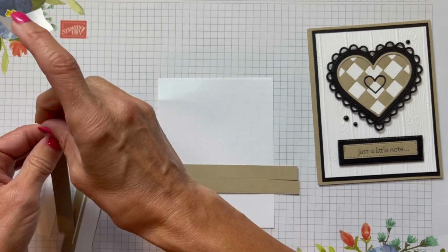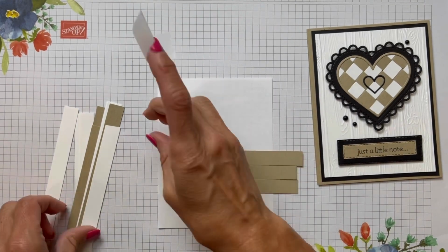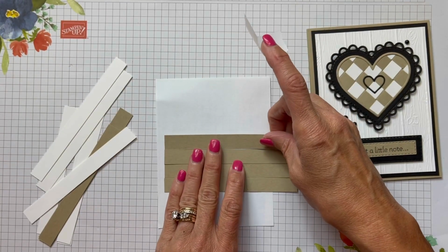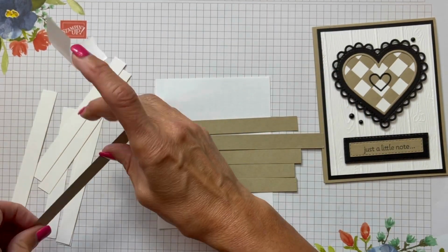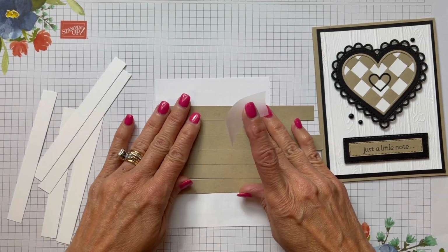These were just half-inch strips that I had in my crumb cake drawer where I store all of my cardstock, and then I had some basic white as well. So we're just going to put one of our colors that we're going to use on the basket weave, and we're going to put them all